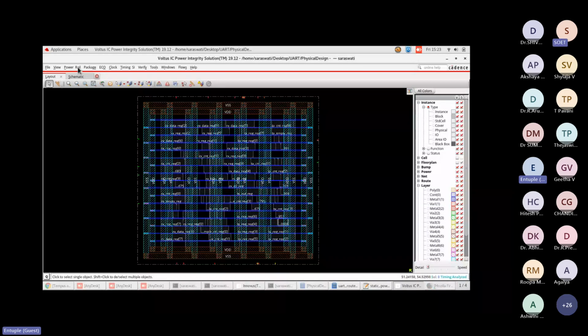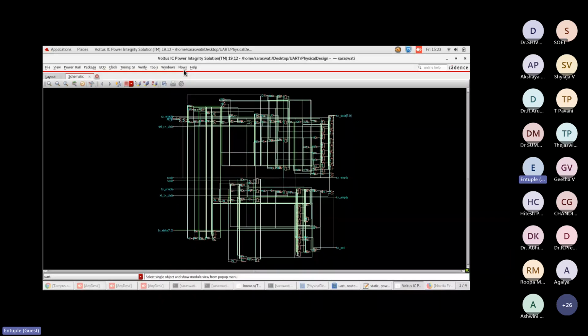Those who want to explore more about these tools can find it in this flow or help